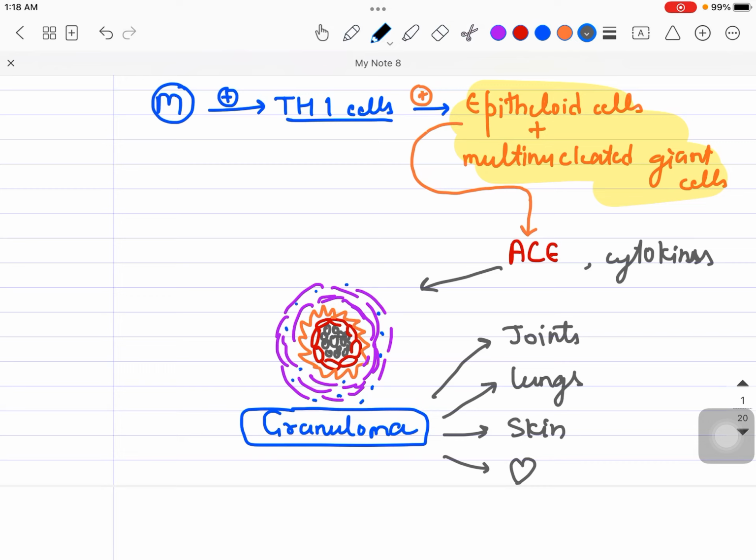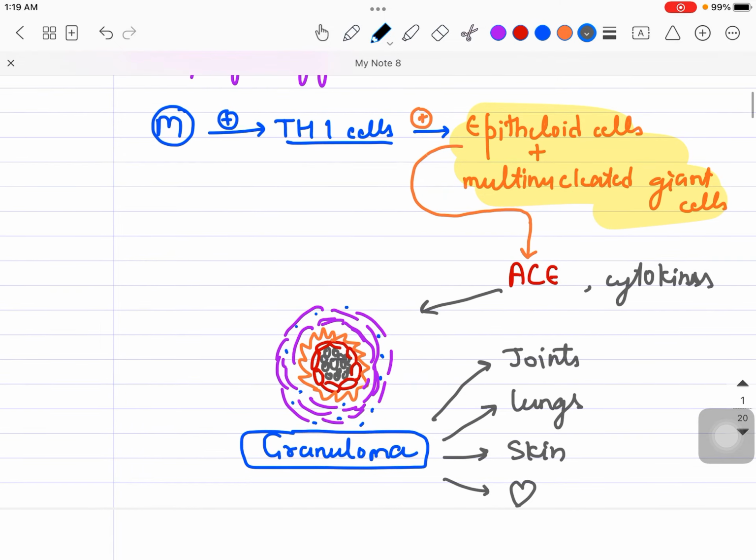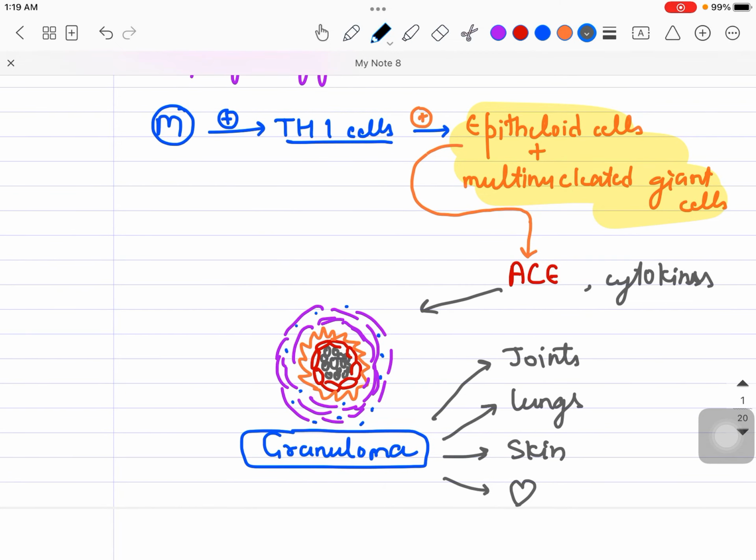Okay, so it will be causing the inflammation. Depositing in the several organs will cause the disease. Okay, till now I think we are very clear. Moving on from here. Now this granuloma, one more interesting thing I would like to tell you over here, which will help you to understand other things in the future as well.